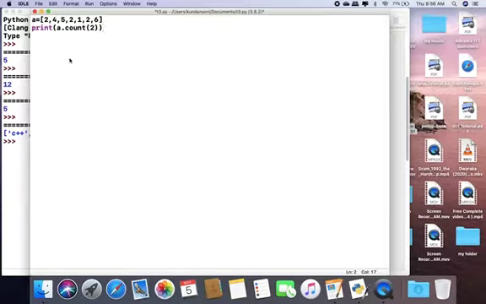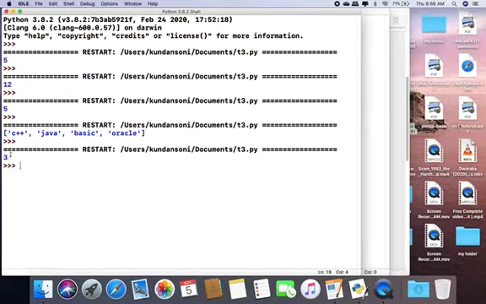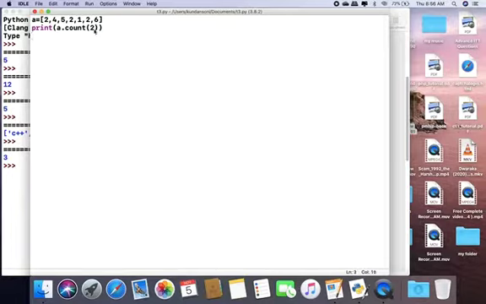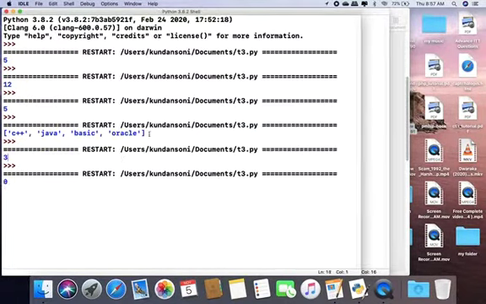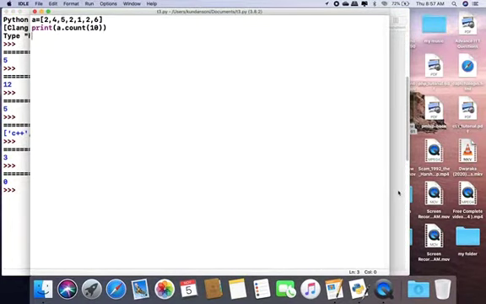So my output will be 3. As you can see, my output is 3 because 2 is coming 3 times. If I write here count and I write here 10, 10 is not coming in the list, so my output would be 0.